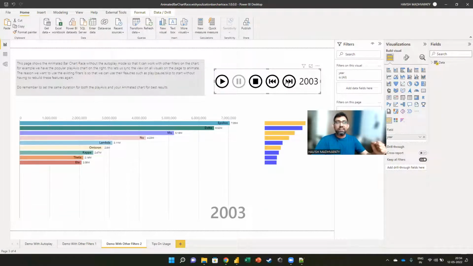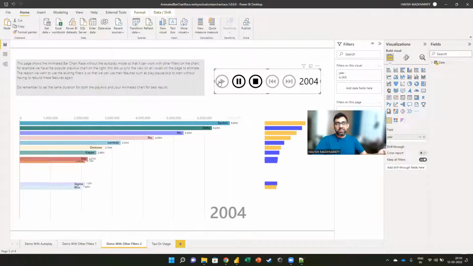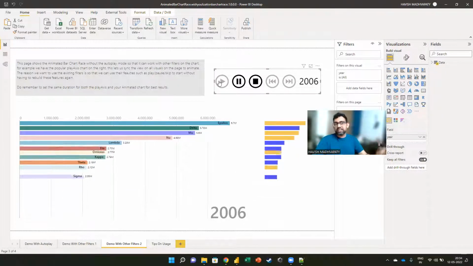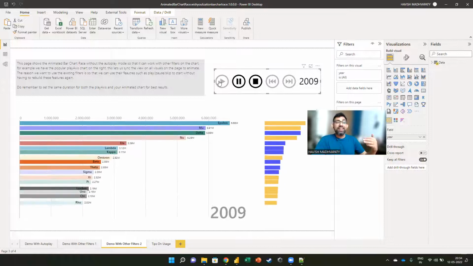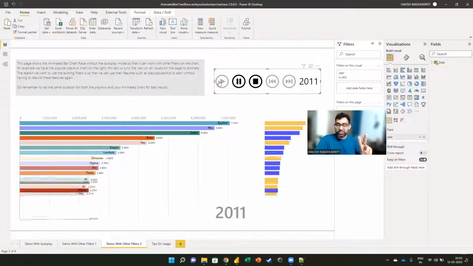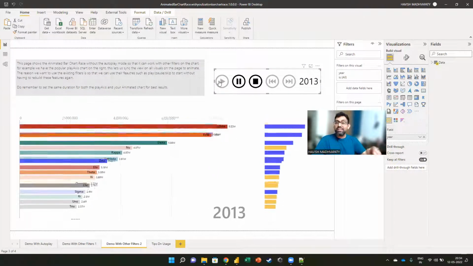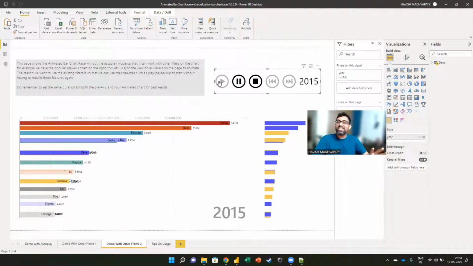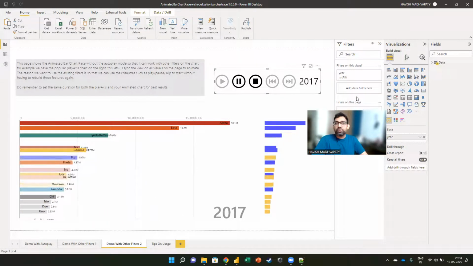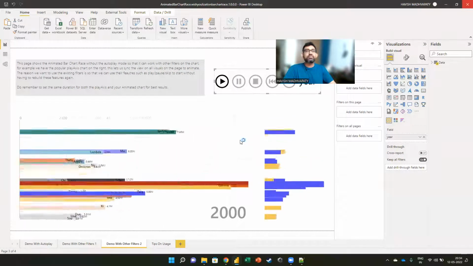I can actually see what is going down, what is going up, which are the new brands that are coming in. And I can also set it to autoplay. As you can see, I'm not clicking on anything. It automatically starts to play. And remember, I've only shown you 2 visuals, donut and animated. There are 300 visualizations available on Power BI. That is how beautiful the platform is, right?